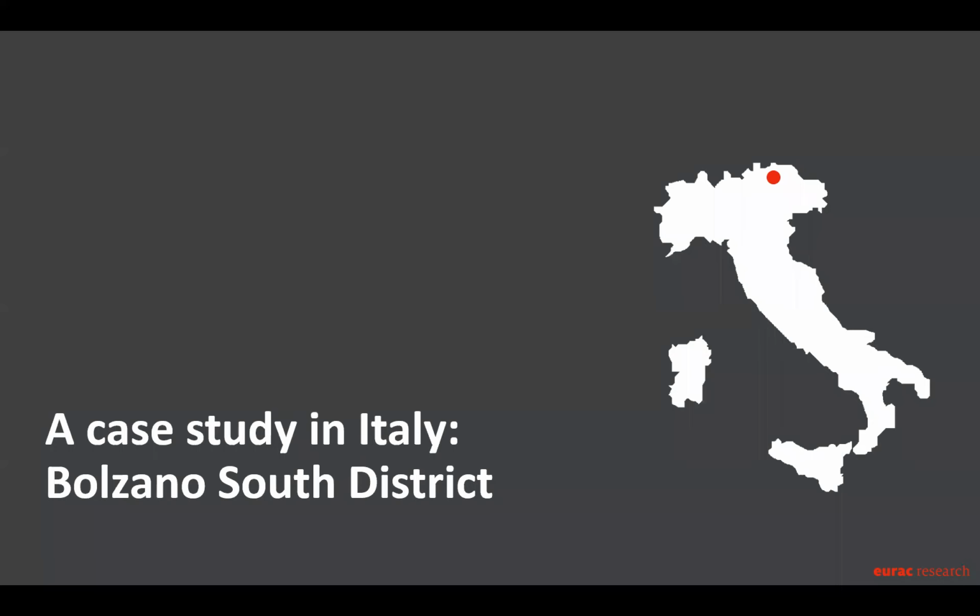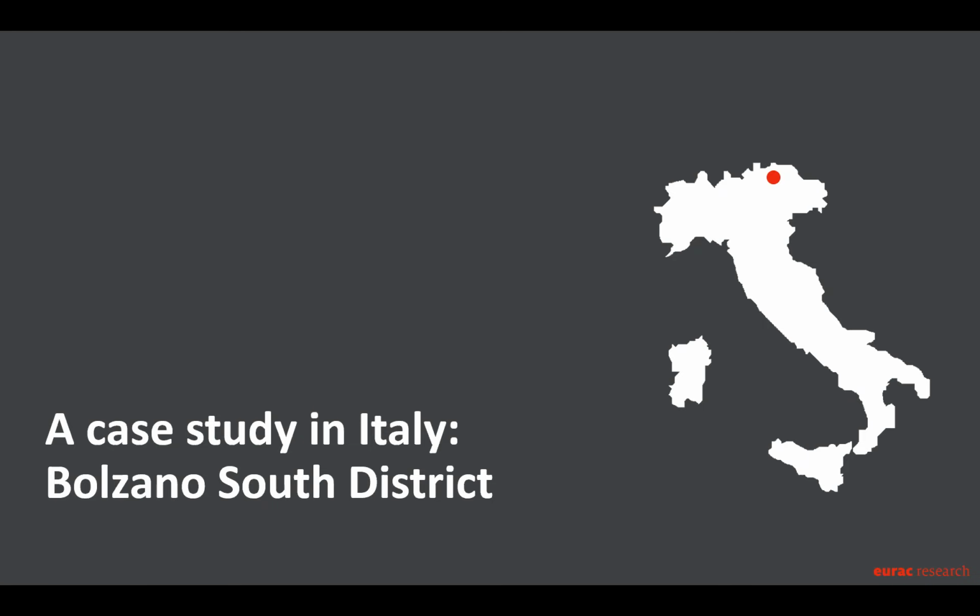What I am presenting today is actually what we at Eurac Research are working on in the city of Bolzano. As you can see, it is located in northern Italy, in a valley close to the Alps. It's a very nice alpine city, but then you can think, okay, it's in Italy, Southern Europe, but still close